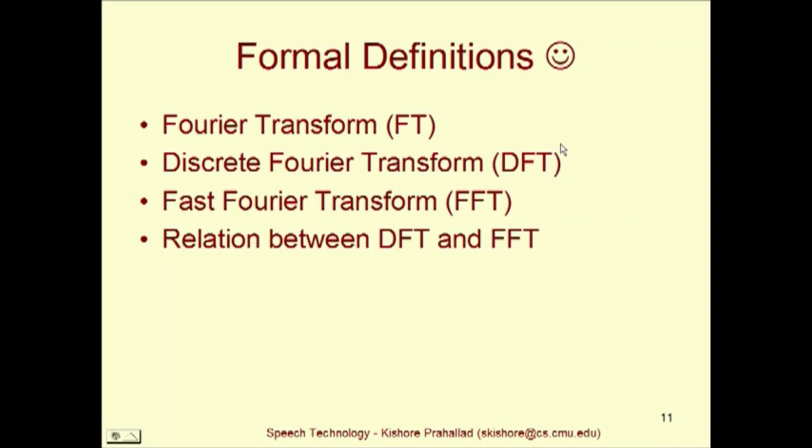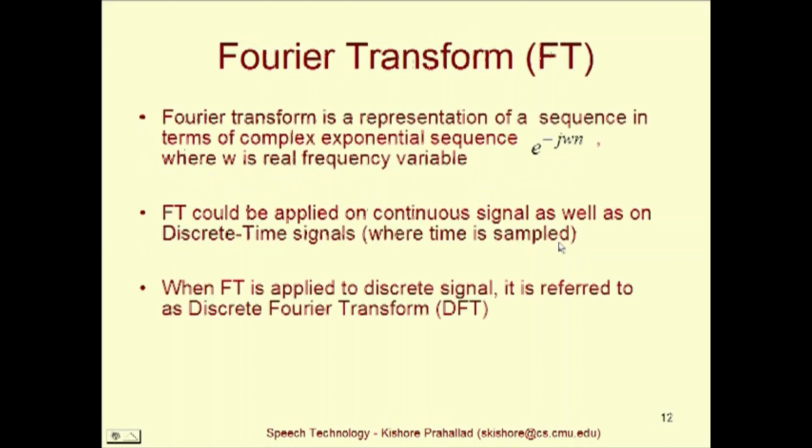So let's go into more formal definitions of the Fourier transform, discrete Fourier transform, fast Fourier transform, and the relation between DFT and FFT. A Fourier transform is a representation of a sequence in terms of the complex exponential sequence, e to the minus j omega n, where omega is the real frequency variable and n denotes the time variable. So that means that given a signal, it represents or